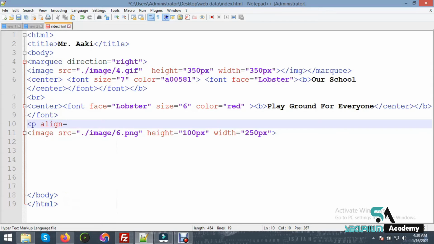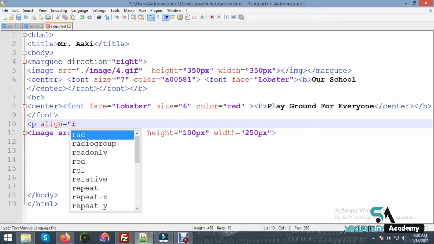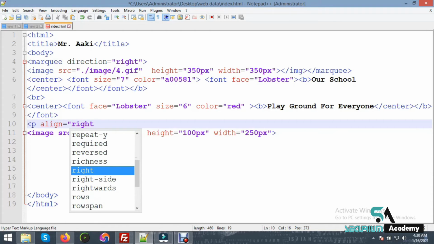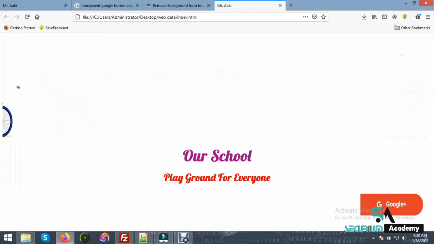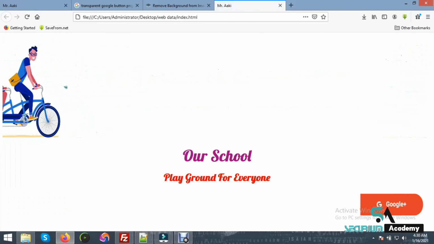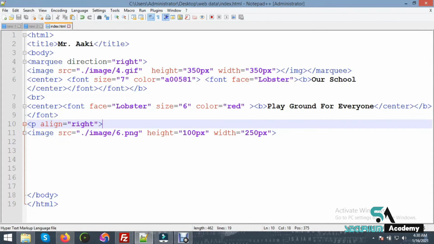Then equal, then double quote and type here right. Then press Ctrl S and go to here and refresh. Okay, it's showing here on the right side, and go back here. Now you close here